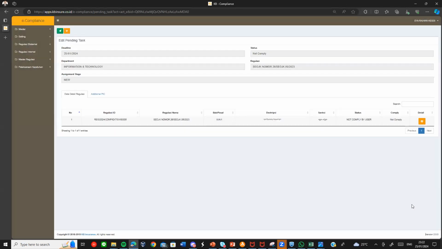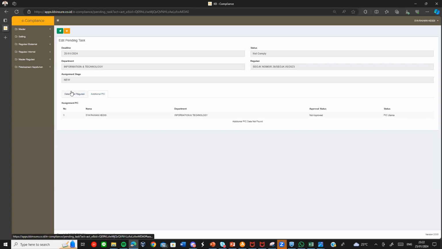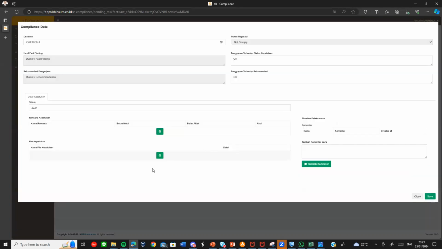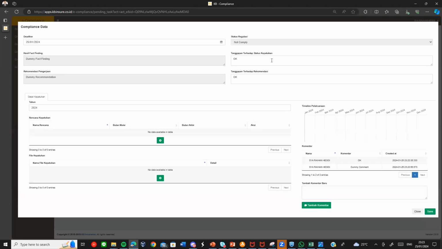And if we are done filling in the confirmation and talking about the action plan, or the file we want to upload to the system, the regulation status can be changed only by the compliance officer, and the user only inputs the data specifically what they have and can verify.